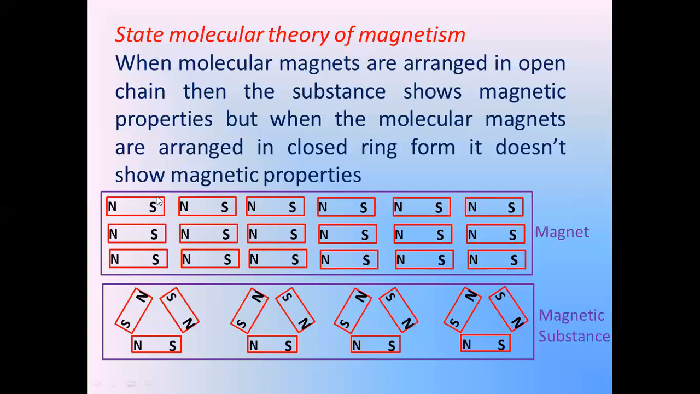That means if the molecular magnets sit in a straight line like this, this is the first line, this is the second line. That means when the molecular magnets are arranged in a straight line, this is called an open chain. When they are arranged in an open chain,